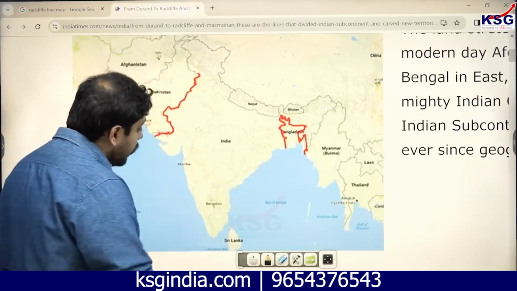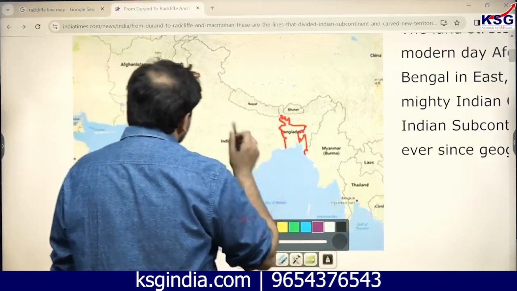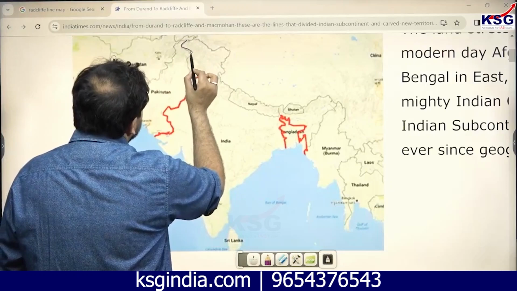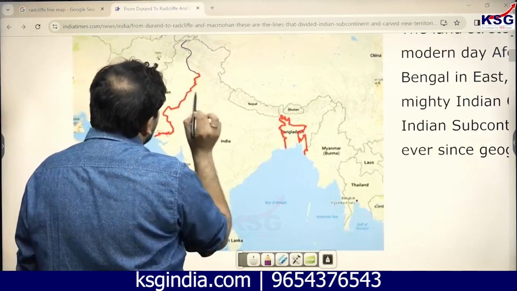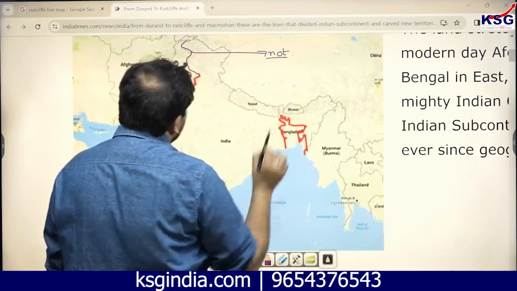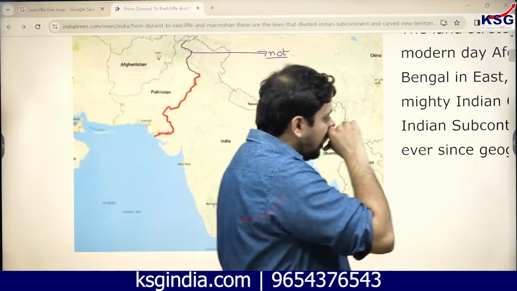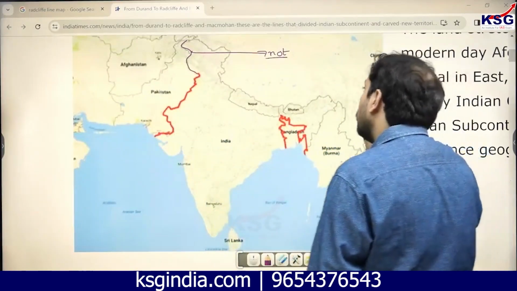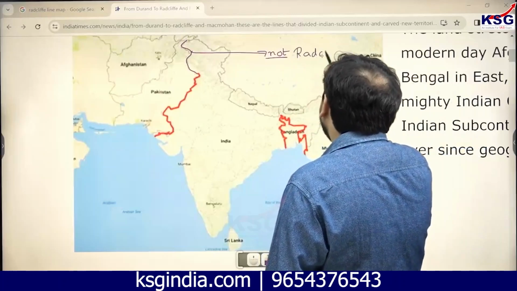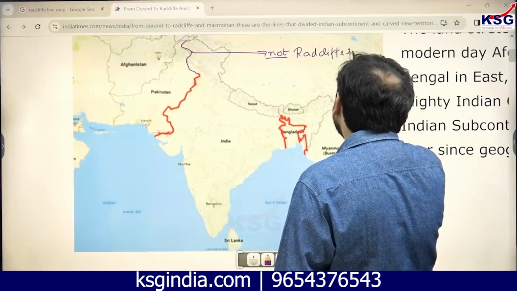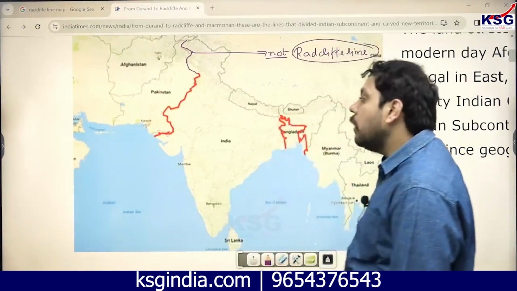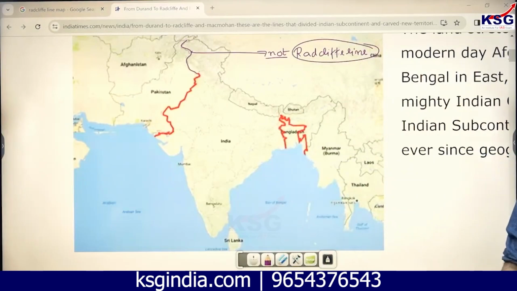What is to be importantly remembered is that the line which separates this area, the state of Jammu and Kashmir, from Pakistan is not called the Radcliffe line. It is simply called the international border between India and Pakistan at Jammu and Kashmir. This is not a part of the Radcliffe line, and the reasoning is very simple: when the Britishers created the Radcliffe line, at that point of time the princely state of